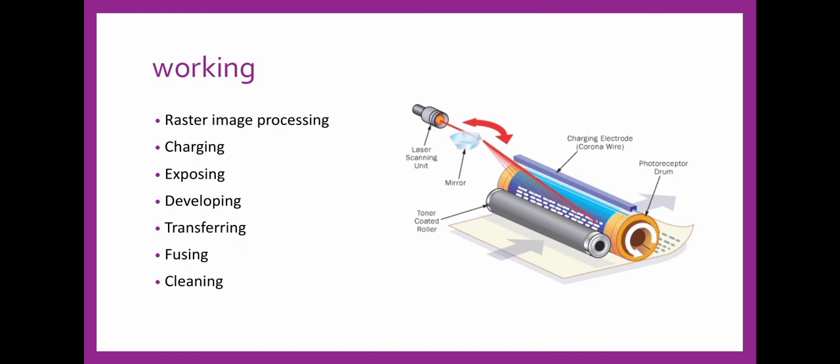Step 5 is transferring. The paper or media slides across the printer and receives a positive charge via the transfer belt. While it moves through the drum, the negatively charged toner gets drawn to the paper's surface and conforms to your print outline. Step 6 is fusing. In this step, heated rollers called the fuser unit melt the toner onto the paper. Your document or image is imprinted into the page and is then ejected from the printer as the final printout.